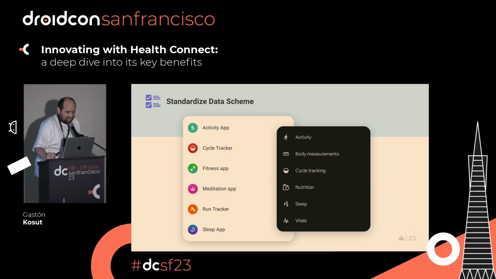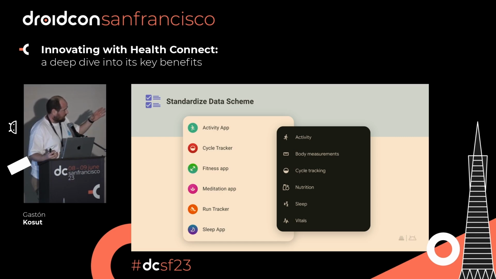Well, the other key benefit is the standardized data schema. Developers struggle with the API fragmentation on Android because we have different schemas and different behaviors. Health Connect solves this with a unified API.